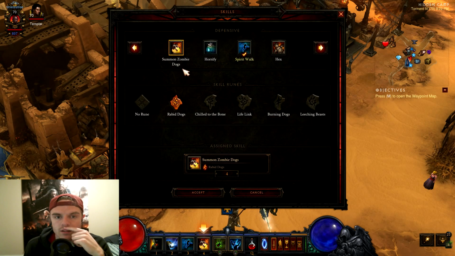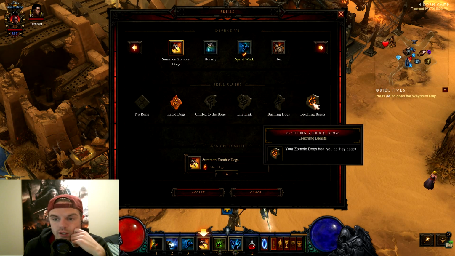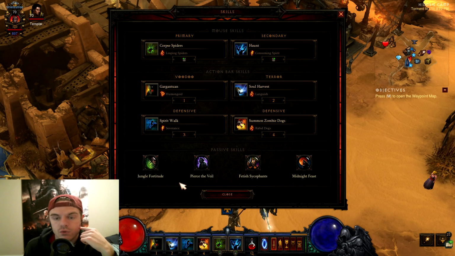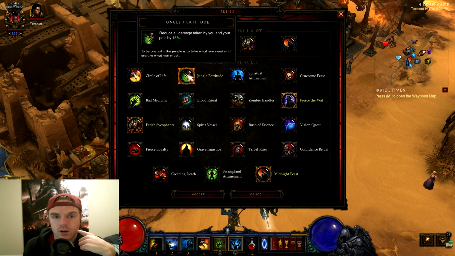For the zombie dogs, make sure you have your zombie dogs. They're going to help you tank as well. When you get to the point, you can use lifelink to give you a little bit more tankiness, or you can end up using Leeching Beast, which will help your survivability as well. As for the talents, Jungle Fortitude, keep this on at all times, because when you're in Master's difficulty, 50% makes